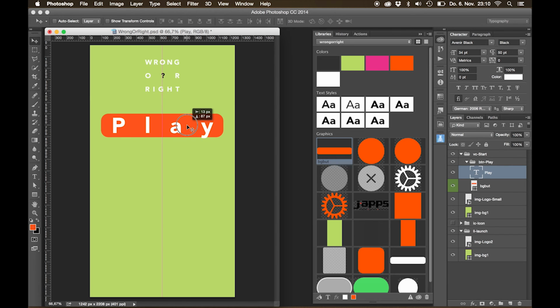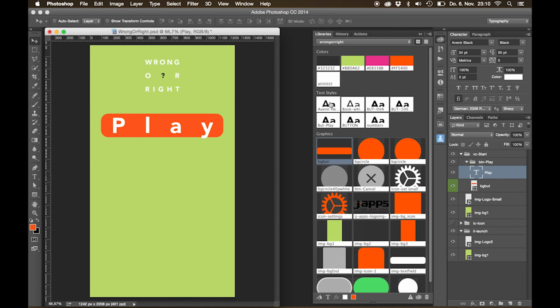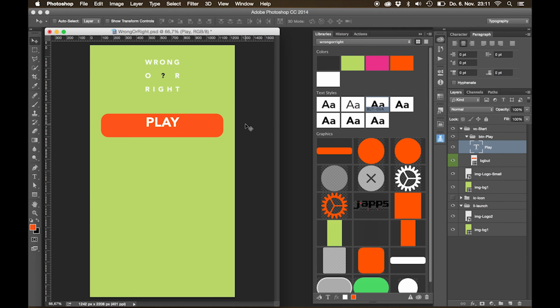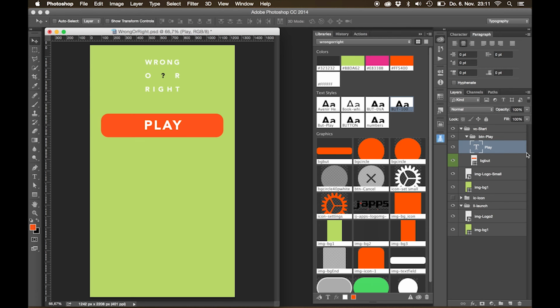Place it here, and another nice thing of the library tool, we have text styles, and here I have the but text style. Change it to this. Very good, and we have a simple play button, but we want to create 3 states of the button,